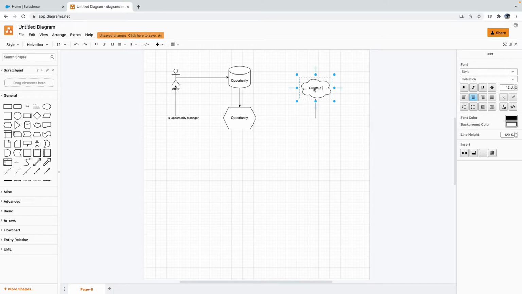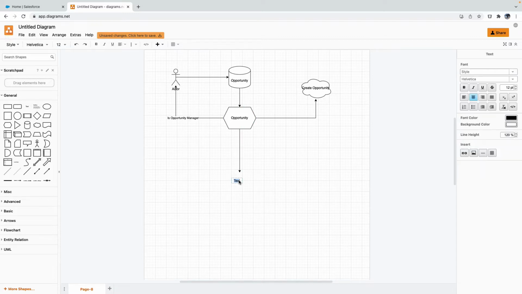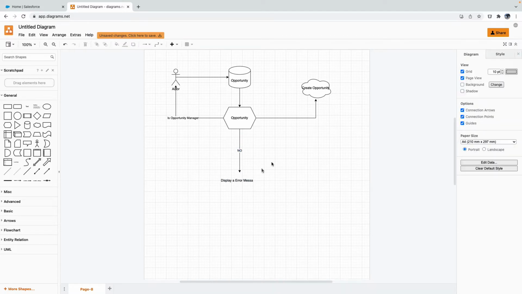Create opportunity. If not, display error message. If it is no, then we need to display an error message. Now, in order to do this, first I need to introduce a field called is opportunity manager on my